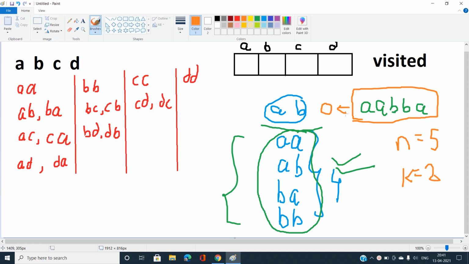The cost is the total number of pairs of i and j such that s of i is equal to s of j, and s of i plus 1 is equal to s of j plus 1. That is, we need to consider the substring of length 2, s of i and s of i plus 1. If there exists a substring of length 2 whose characters were already encountered previously, it adds to the cost. Here I have A, AB, BB, and BA, all distinct, so I have the minimum answer as 0. Any such string works, and we can report this as our answer.